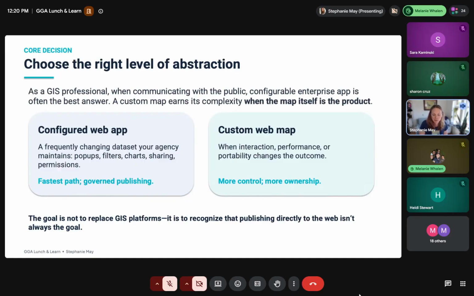But fundamentally, if you're just thinking about it as, when would I go this route? How do I keep my life simple? And when would I go this route versus the other route? I think you'd move more so towards the custom web map option when you really want to cut away everything and communicate to the public directly with something that's very custom.